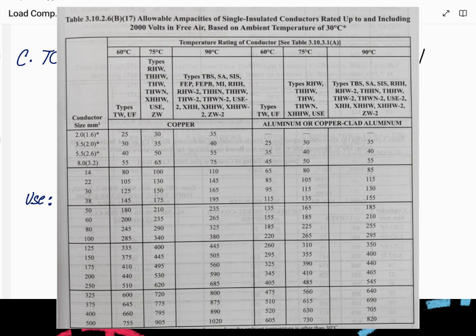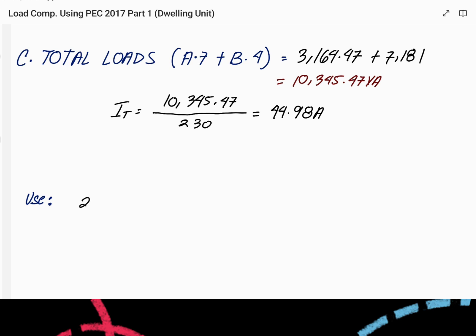Under the column of THW, the closest and higher than the 44.98 ampere is the 65 amperes, which is the 8.0 square millimeter conductor. Therefore, we will use two 8.0 square millimeter THW copper wire